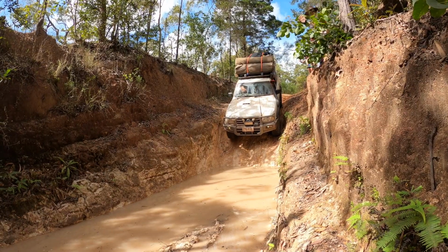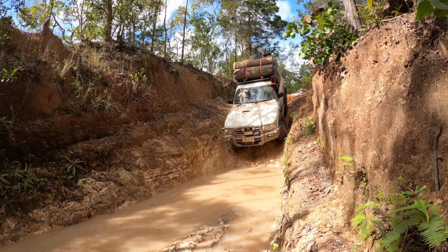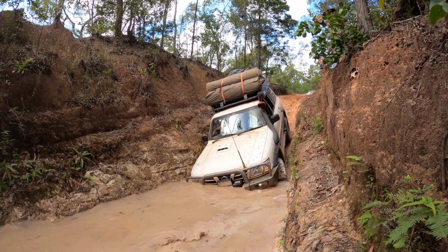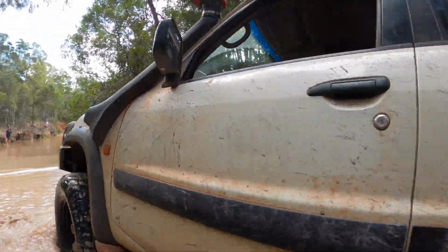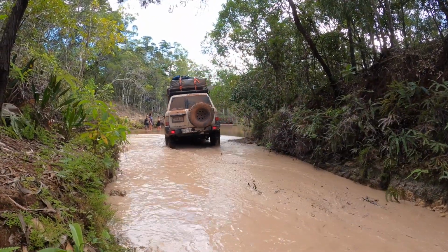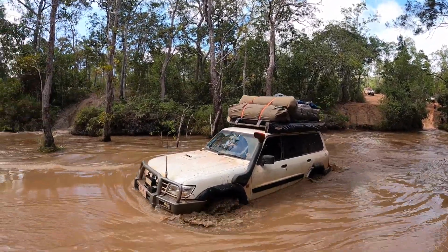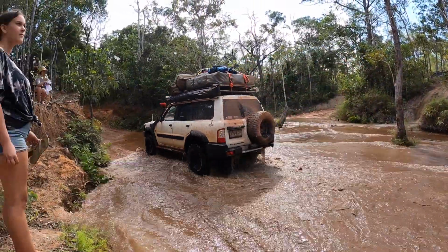After we worked out the best line to get through the river, first up it was Robbie in the big Patrol. Straight. Straight. After finding definitely the deepest part of that river, Robbie was out and it was time to send the rest